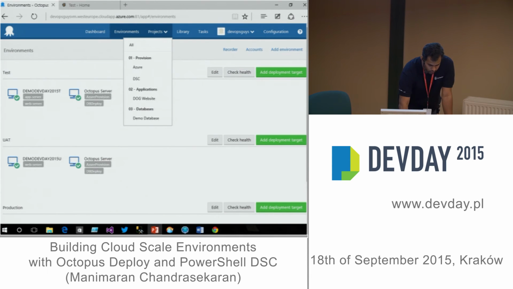And there are different types of deployment strategies you could